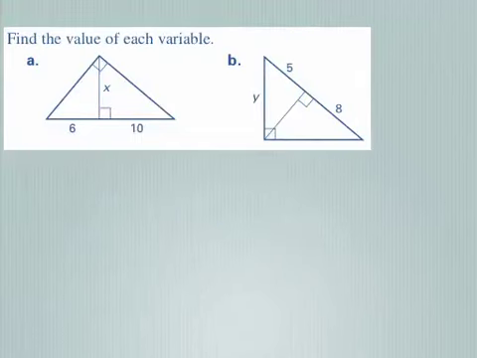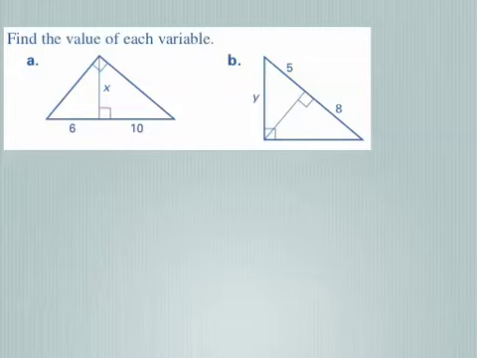The next example asks us to find the length of each variable. For A, we're asked to find x, which would be the altitude. If you notice in this case, I really don't know that much about this triangle. I'm trying to find the altitude. I don't know either one of the legs of the largest triangle here. I'm going to have to set up a proportion, and I'm going to have to use both of the smaller